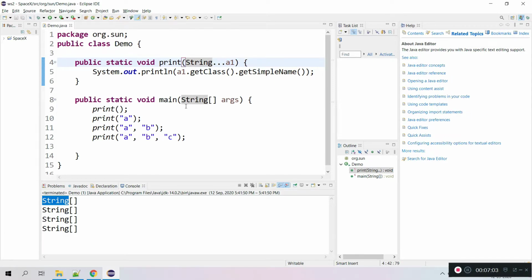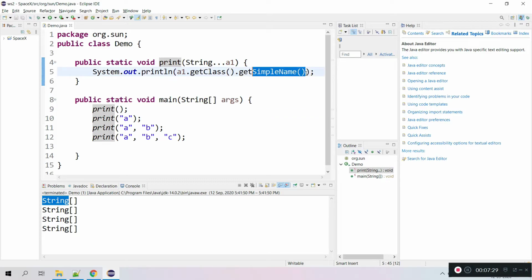So one thing we can confirm is varargs is of type array. And will it be null if I am not passing any data? That is one of the important interview questions when you are appearing for Java interviews. So the answer is no, it will never be null even if you are not passing anything. It will be an empty array.